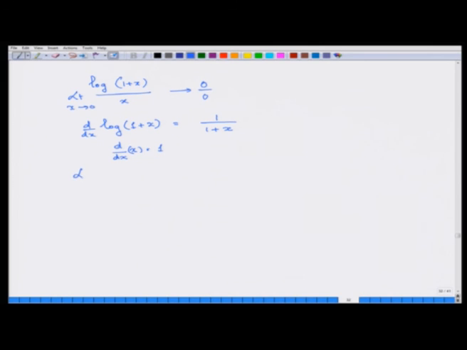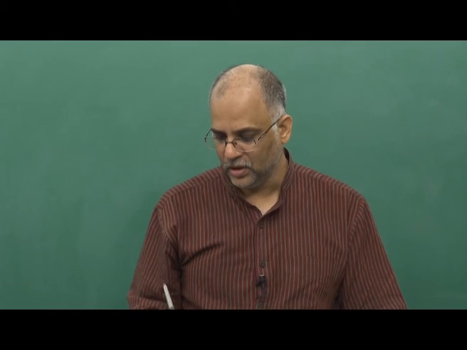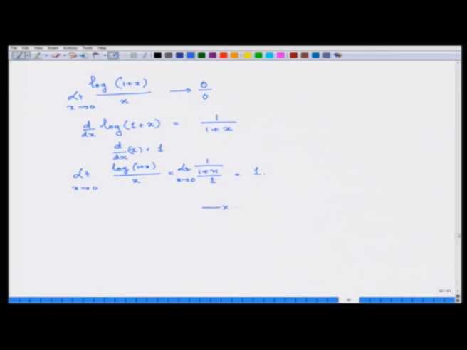So basically now, again by applying L'Hopital's rule or L'Hospital's rule if you want, we have limit x tends to 0 of log of 1 plus x by x as limit x tends to 0 of 1 by 1 plus x by 1. Now this is a continuous function because x is strictly greater than 0 and x is tending to 0, and that gives you 1. So with this we end today's talk, and tomorrow we will tell you some more important